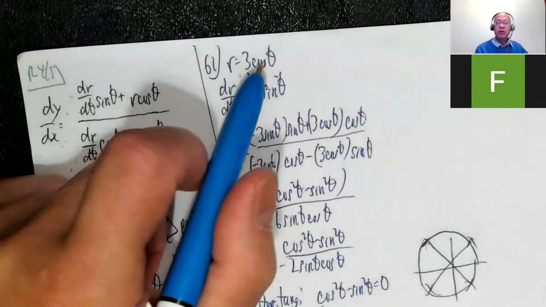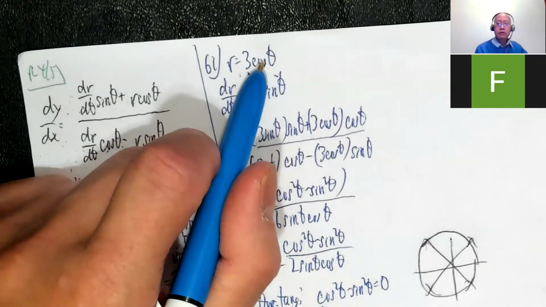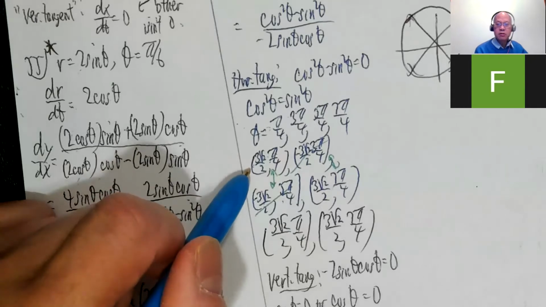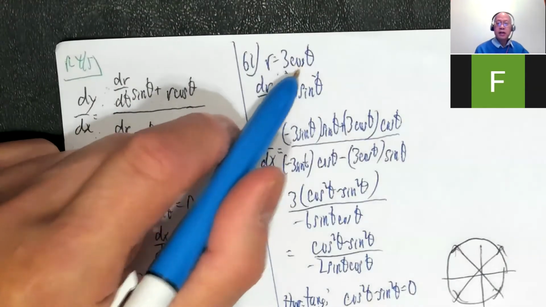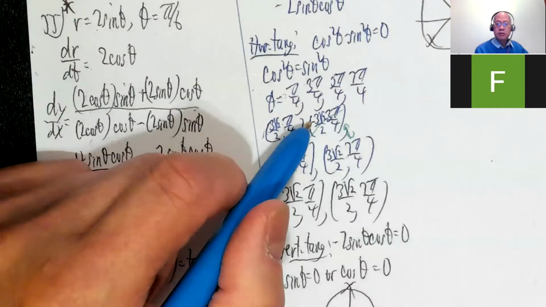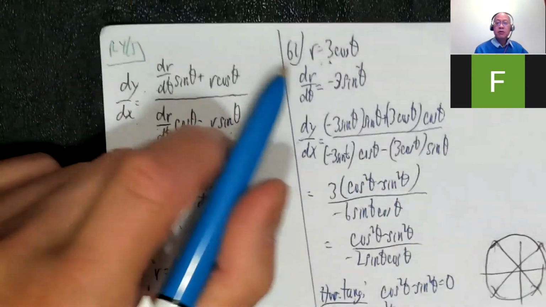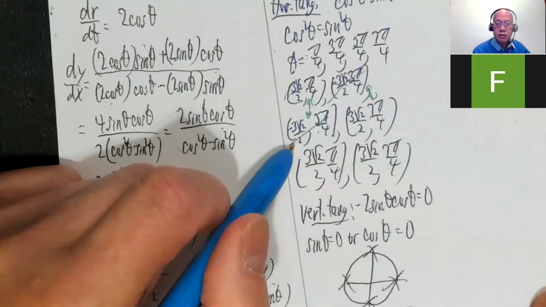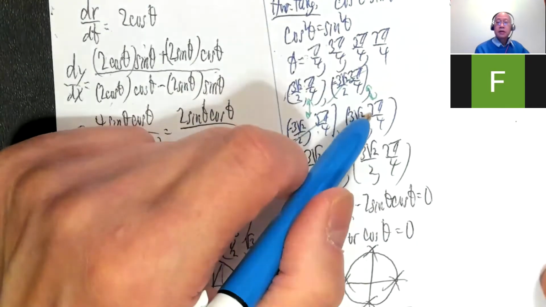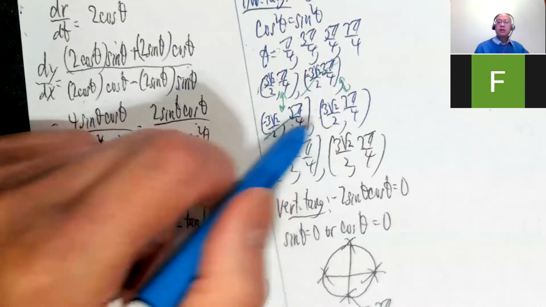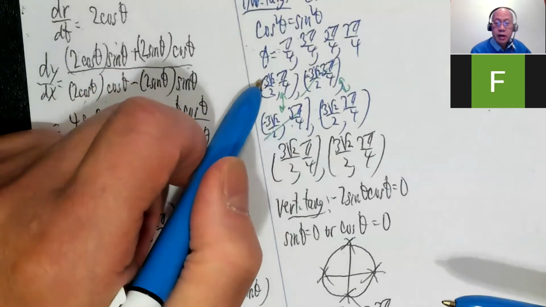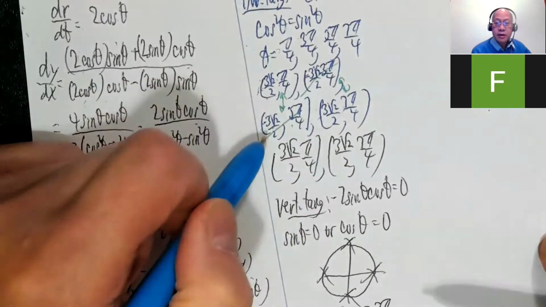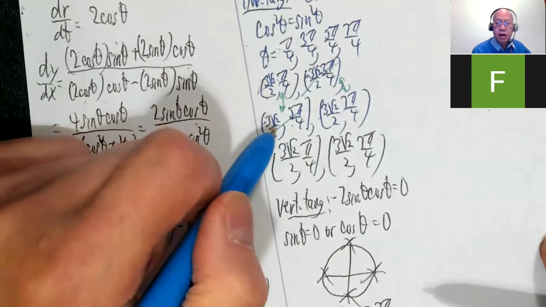Okay, so plug in pi over 4. Cosine of pi over 4 is radical 2 over 2. So I have 3 radical 2 over 2. Okay, 3 pi over 4, cosine is negative. So negative 3 radical 2 over 2. 5 pi over 4, cosine is negative. Negative 3 radical 2 over 2. 7 pi over 4, cosine is positive. So once again, 3 radical 2 over 2. So superficially, it looks like I have 4 points. 3 radical 2 over 2, negative, negative, positive, pi over 4, 3 pi over 4, 5 pi over 4,